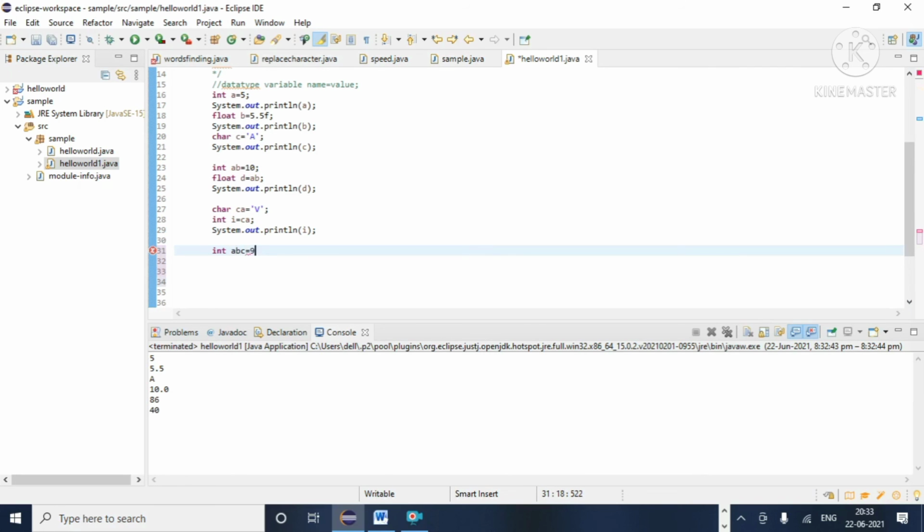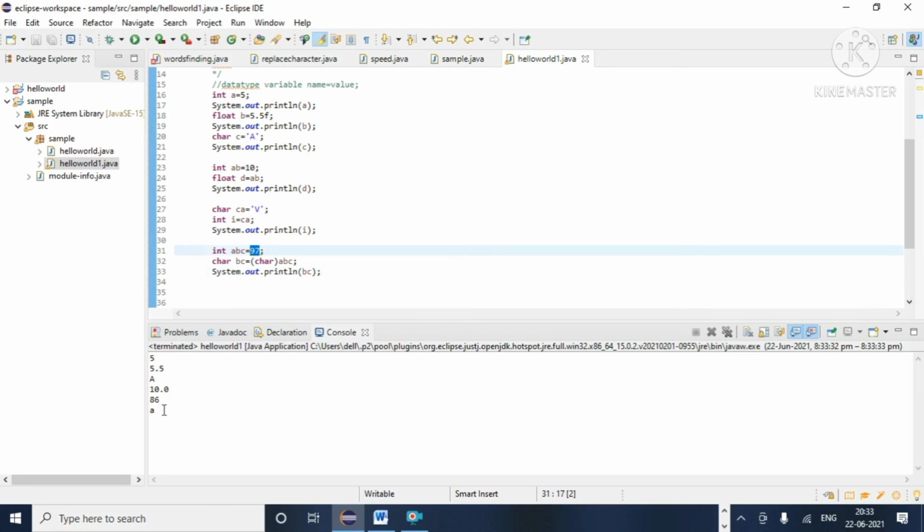Explicit is nothing but converting a higher data type into a lower data type. Now for explicit, let's take an example of int to char conversion. Int abc equal to 97, char bc equal to (char) abc, sysout bc. Now run.